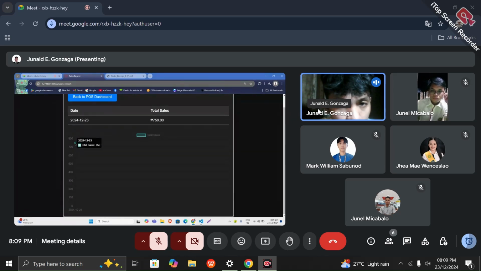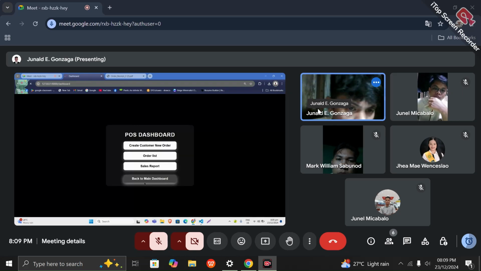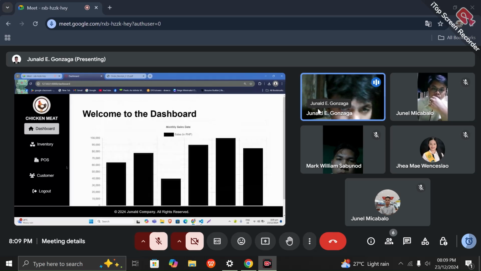You can see our total sales, which is 750 pesos. So that's all our functionality of POS. Let's go back to the main dashboard. Then Jaya will show the functionality of customer and logout.